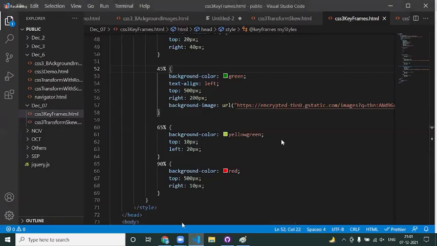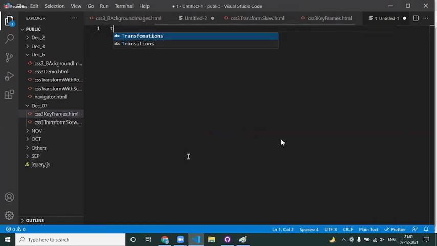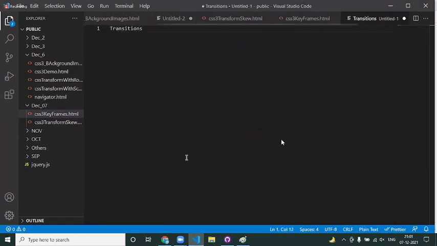Good. So the next thing we have is another useful CSS property called transitions. What is the use of this transition?